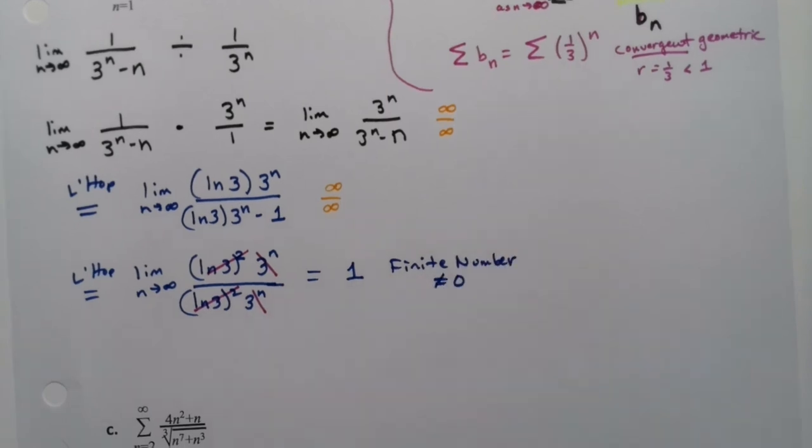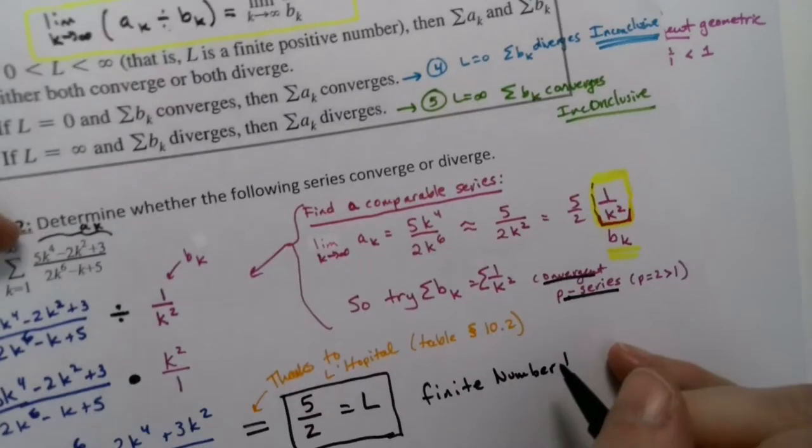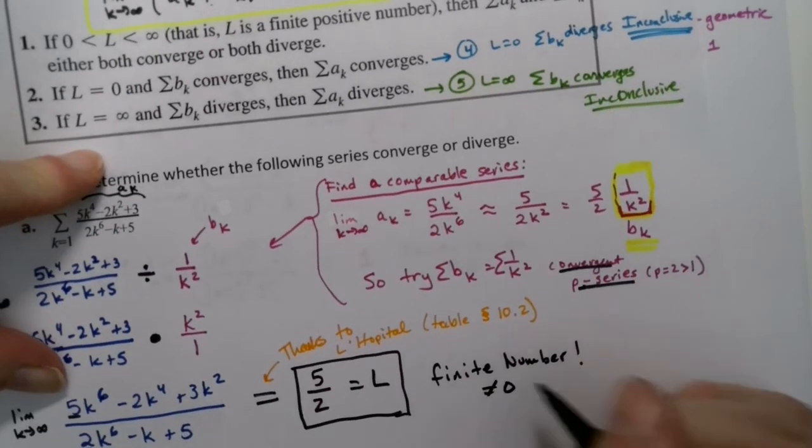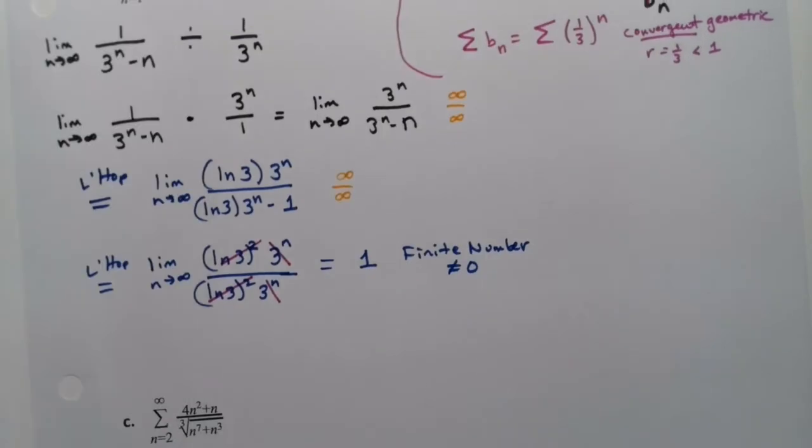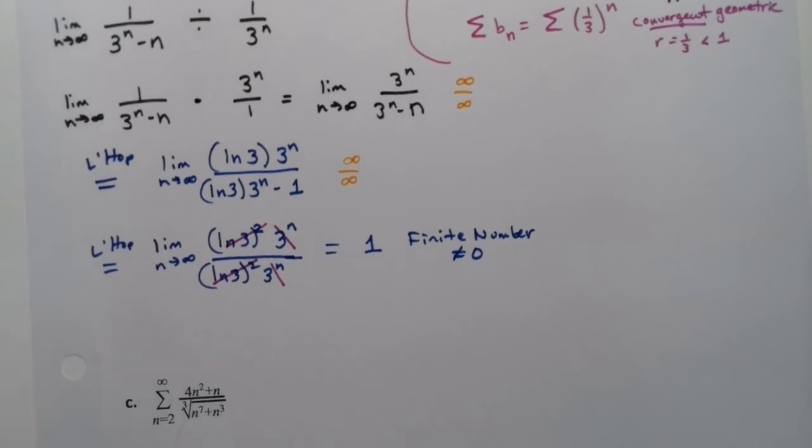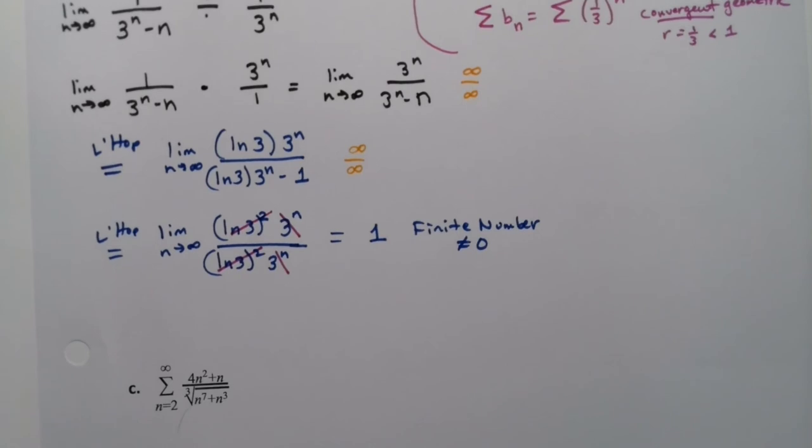I should have written that on the previous one. Technically, 0 is a finite number. However, it's a finite number that's not equal to 0. Right? Because 0 is finite, but it's not one that we want. All right, so finite number not equal to 0. Yay. And that means that both of these will converge. And so therefore,